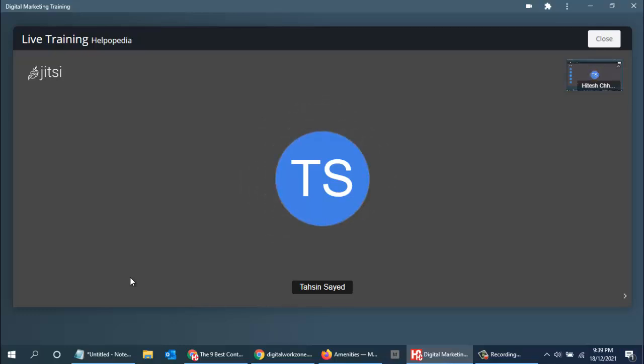Then on the footer, you want to create a separate menu with different pages. Say, like you want to create a privacy policy, terms and conditions, FAQ, help and support. These are the links which will not come up in the main menu on the top. They will come at the bottom of the website.